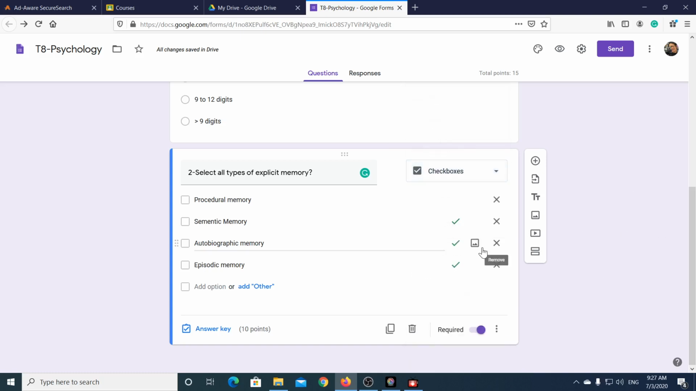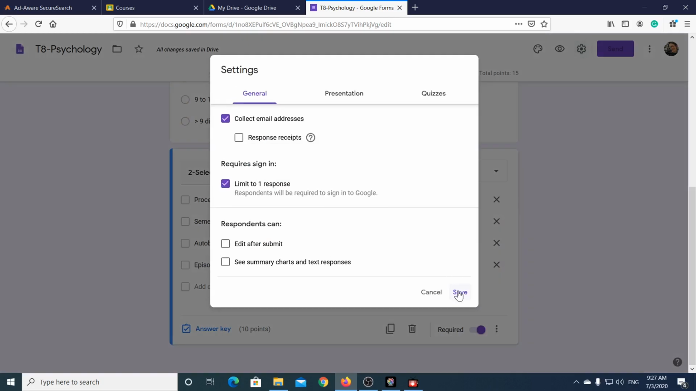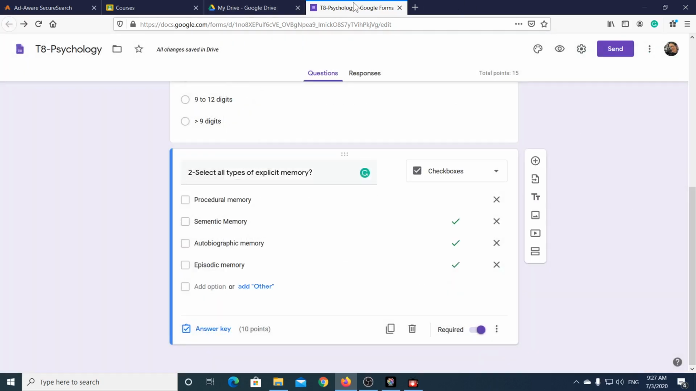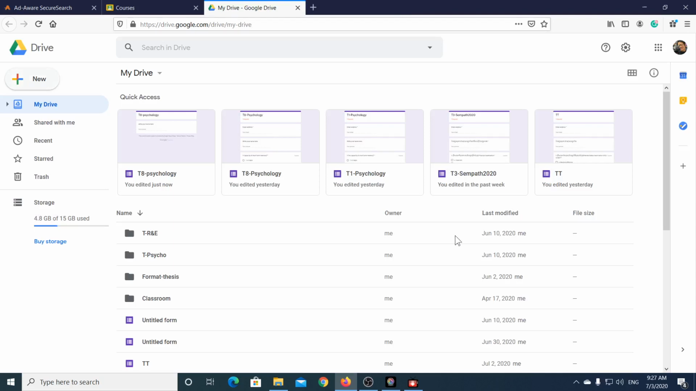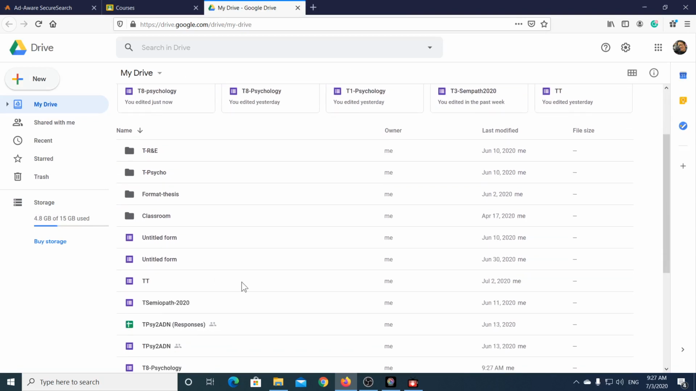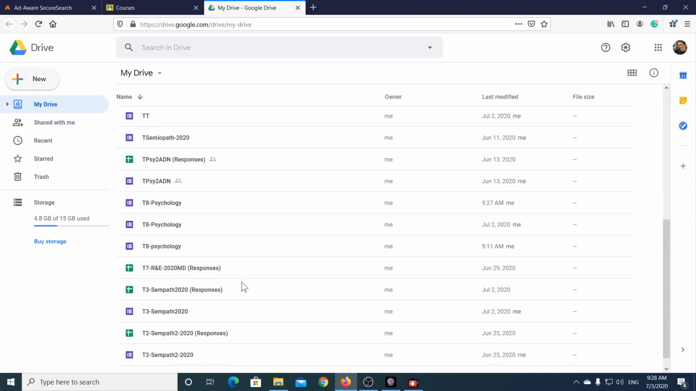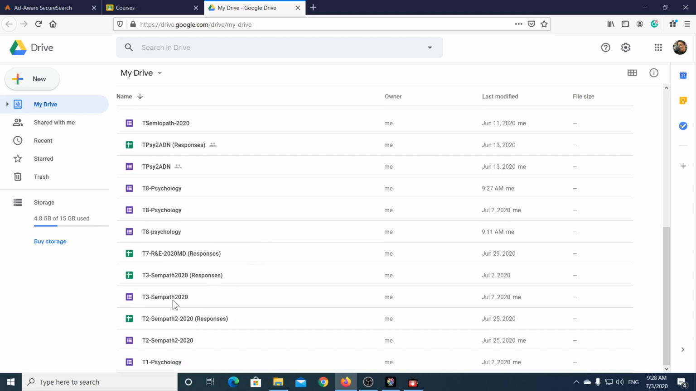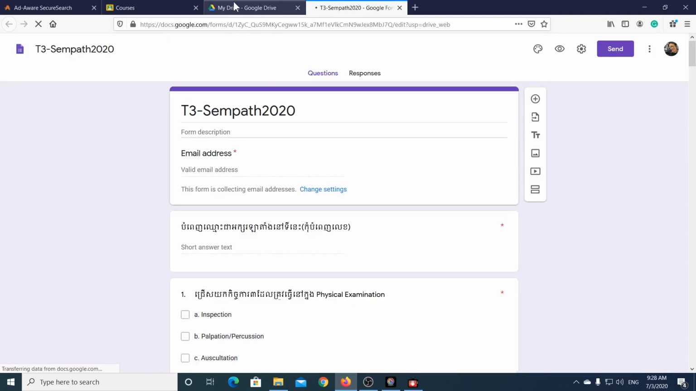And suppose that you have prepared your test already, and then you click save, and then you can close. Whenever you want to give the test to students, you just open the test. For example, I want to give this test to students, so I click on this test. And then